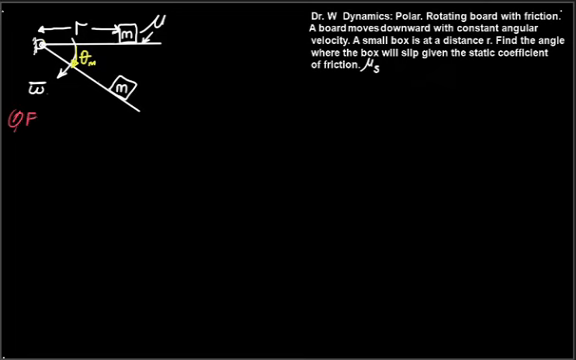Step 1, we need a free body diagram. Step 2, Newton's second law, F equals ma. On our free body diagram, we have mg straight down. We have a normal force up, perpendicular to the board. And we have friction, mu F_N, acting up the incline,